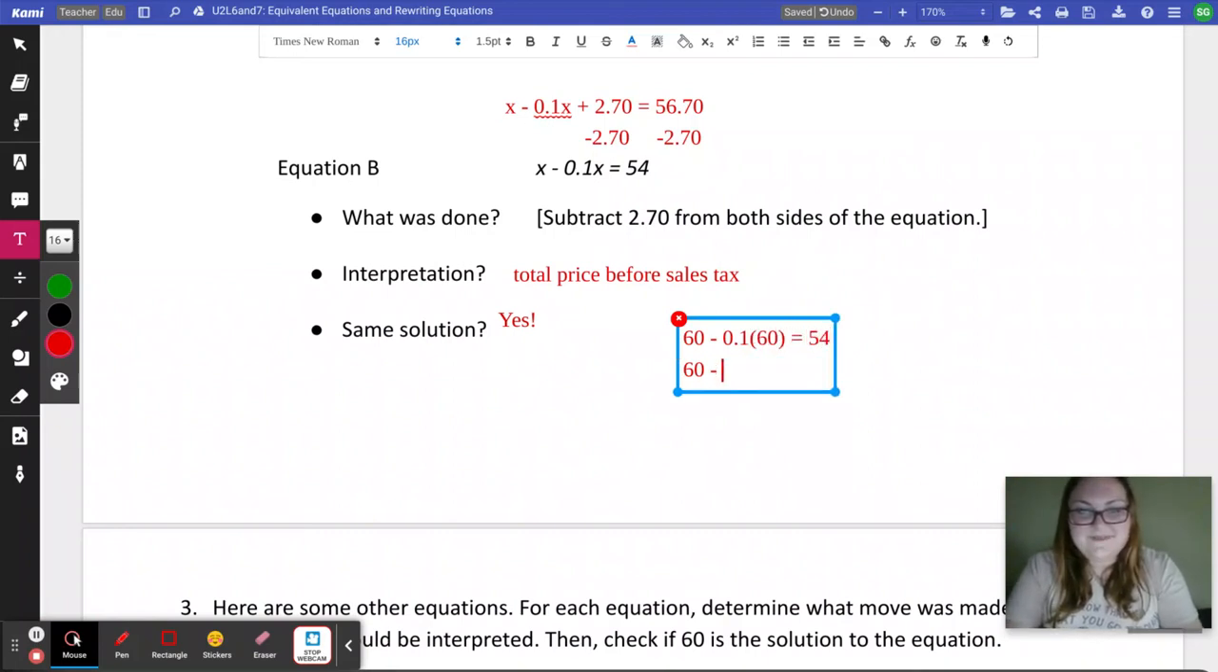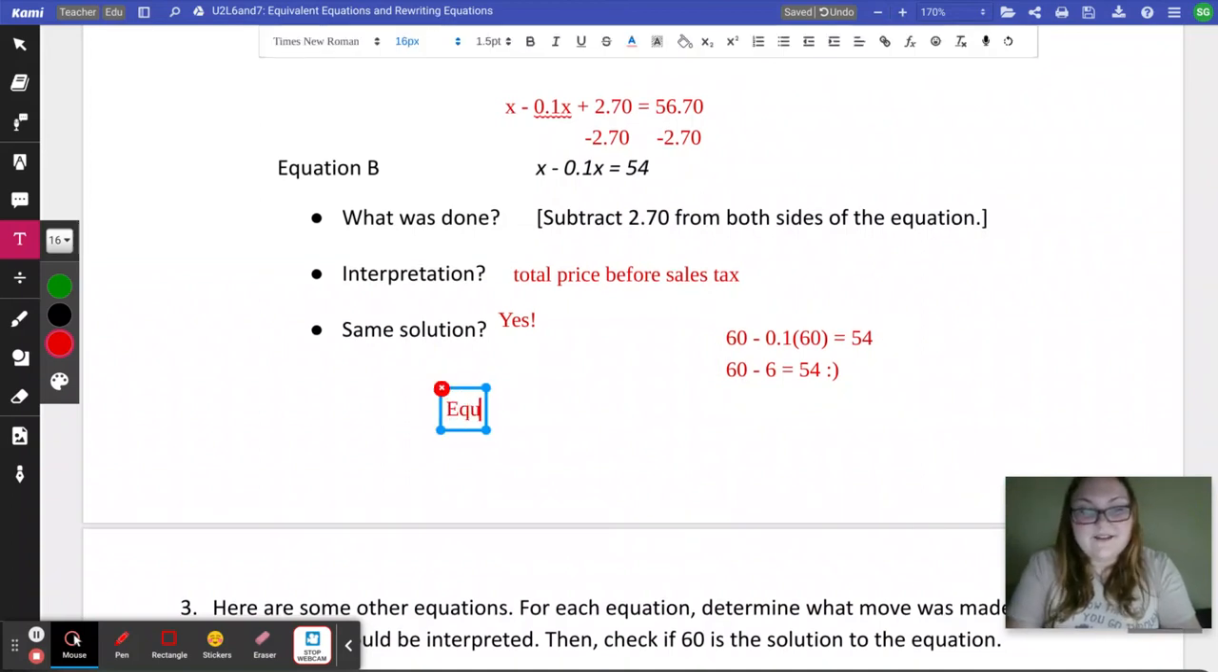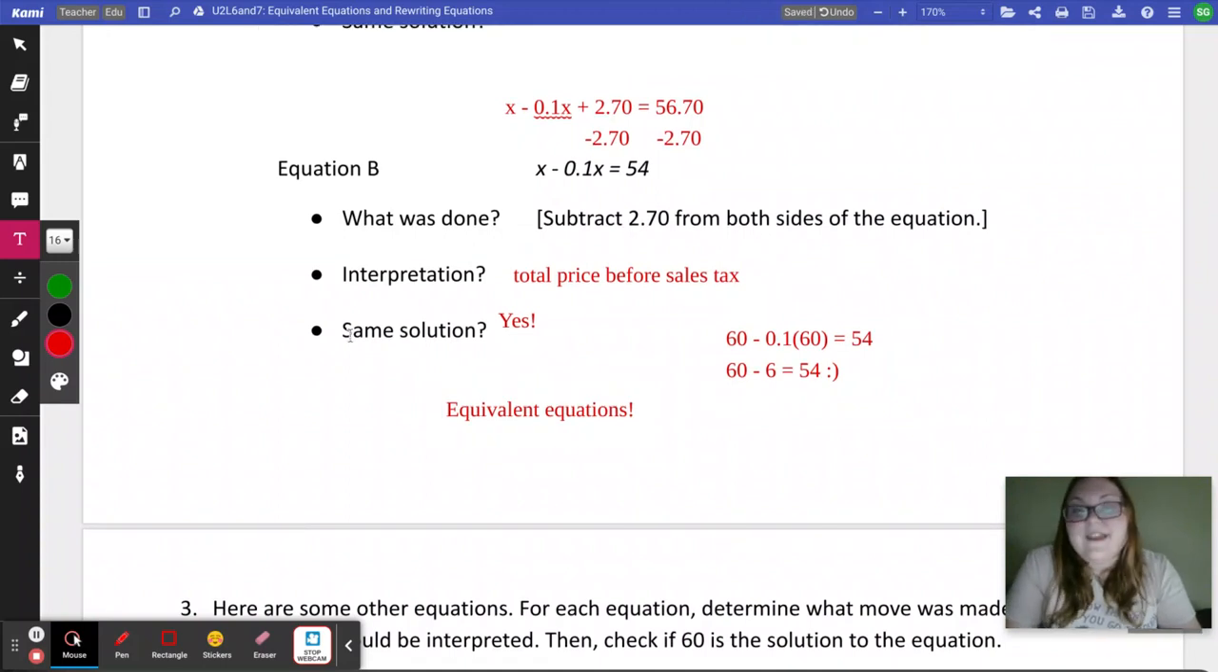And we get 60 minus 6 does in fact equal 54. So this second equation right here has the same solution as the first equation. Because they have the same solutions, we can also say that they are equivalent equations. One way you can find an equivalent equation is by doing that same math on both sides, like subtracting 270